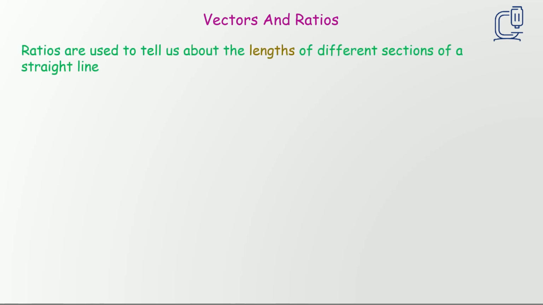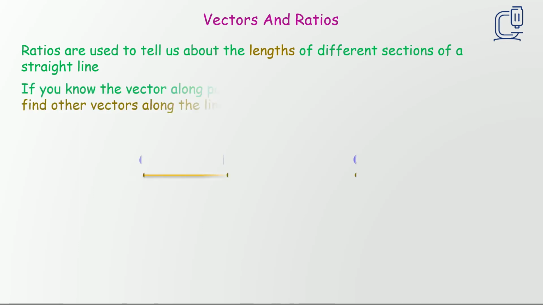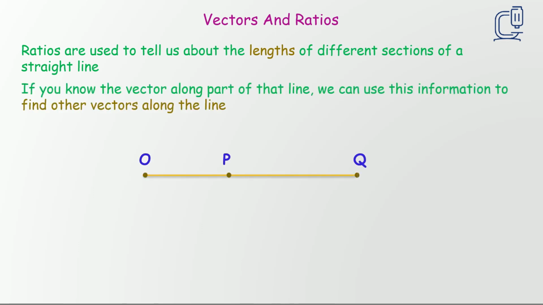Let's look at vectors and ratios. There are questions involving ratios and vectors. Ratios are used to tell us about the lengths of different sections of a straight line. For example, if you know the vector along part of that line, we can use this information to find other